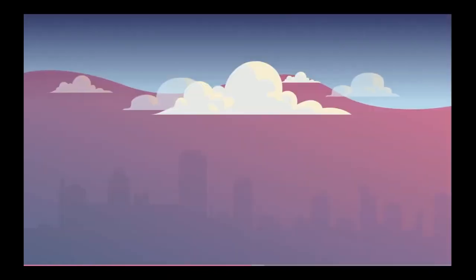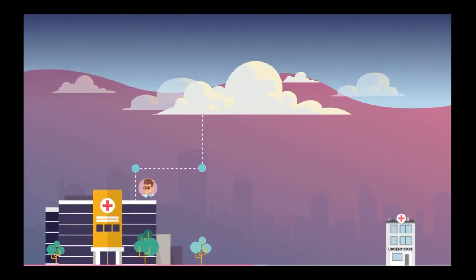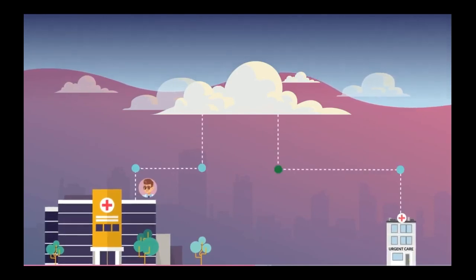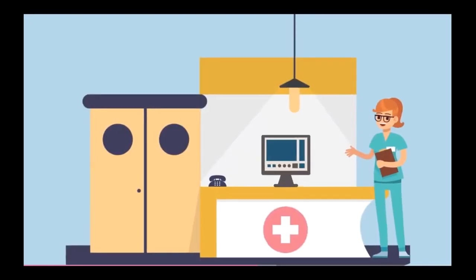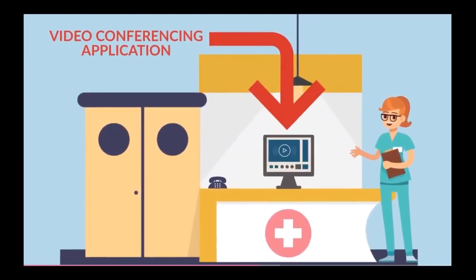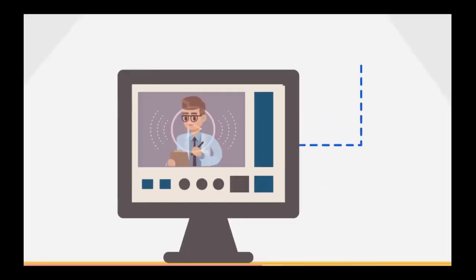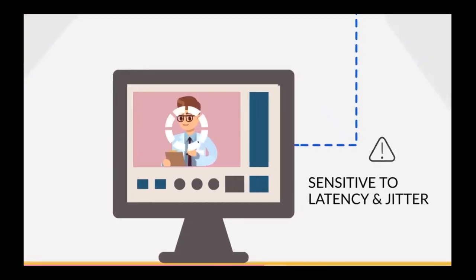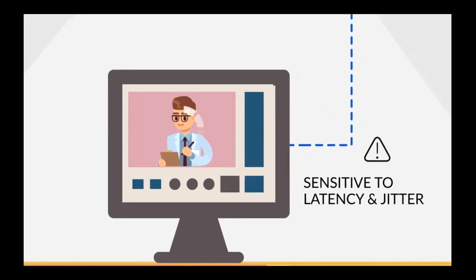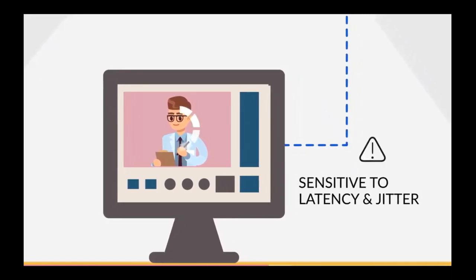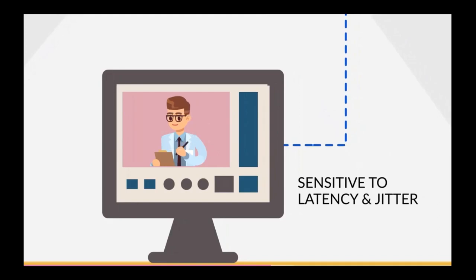Now, let's take a look at how we make the optimal path choices to ensure the application's performance. For example, let's consider a hospital with urgent care branch offices. The doctors communicate with patients and their specialist colleagues in the hospital headquarters through a video conferencing application. This application is sensitive to latency and jitter and has tight requirements for those characteristics. A poor connection could result in critical information not being conveyed correctly and can be very frustrating in important discussions